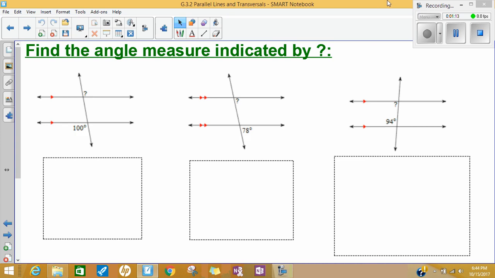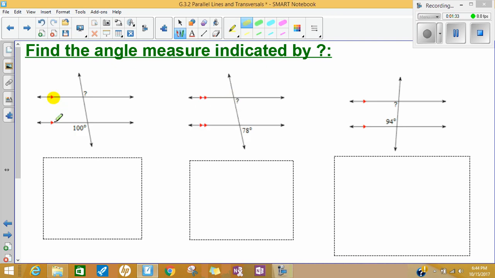So in the last lesson, we were trying to figure out what type of angle pair existed, and we're going to have to do that again here. And then we're going to use the special relationships that we have now to find the missing angle measure. So when we have scenarios like this, the first thing to point out